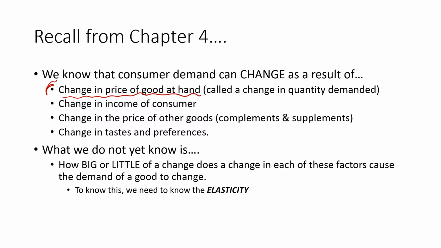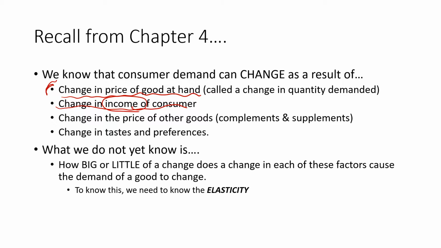So if the price of the good increases, likely the demand for that good will decrease. The demand can change if the income of the consumer changes. So for a normal good, if the income of a consumer increases, their demand for a particular normal good would